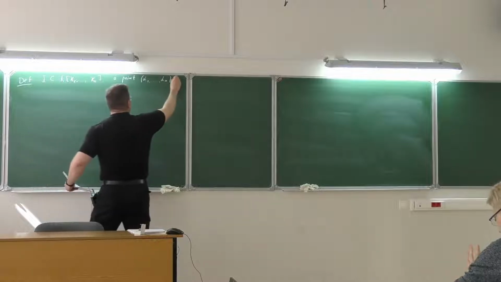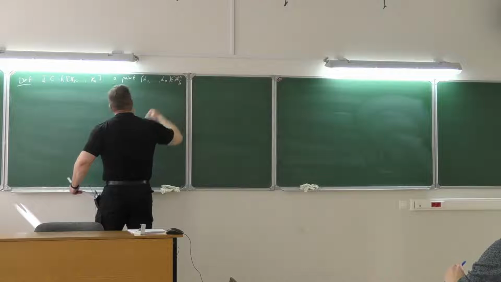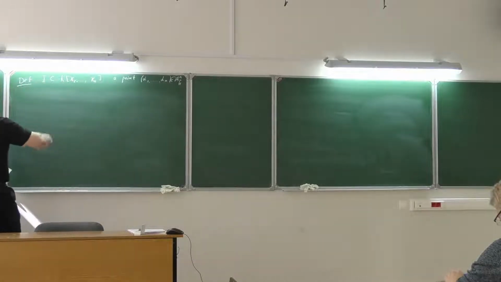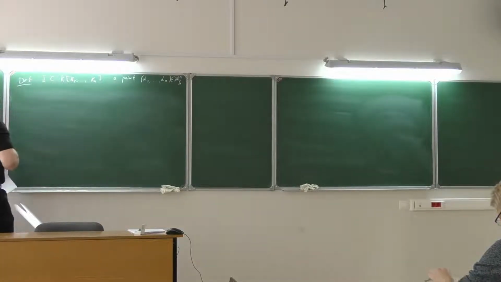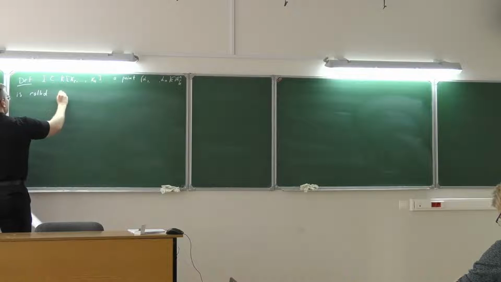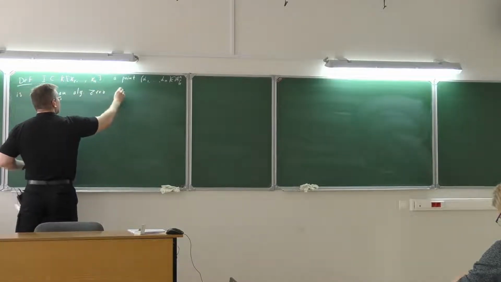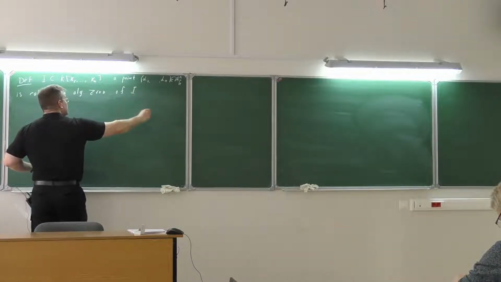Well, you can think about this as a point in the n-dimensional affine space over the algebraic closure of this field K. So this point is called an algebraic zero of the ideal I if